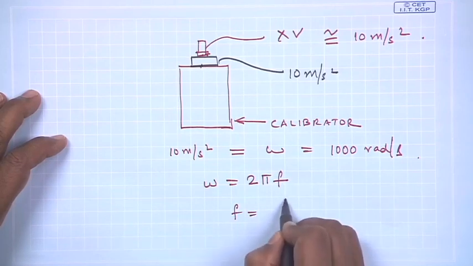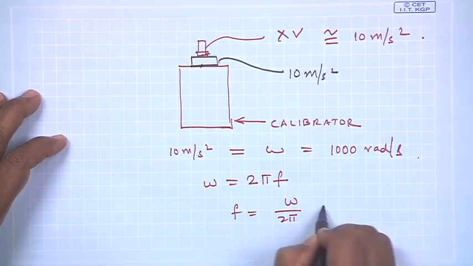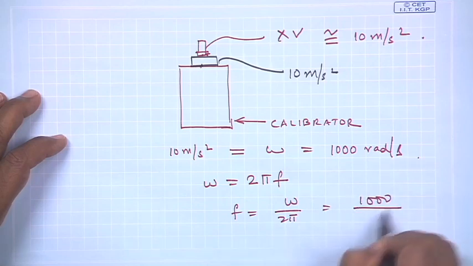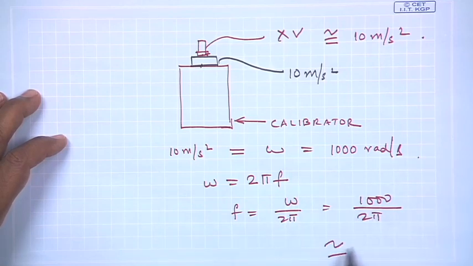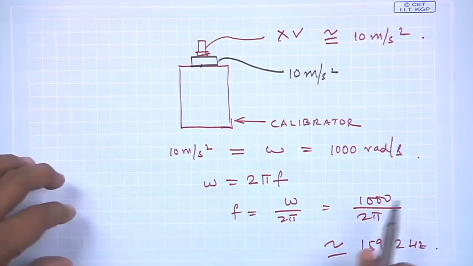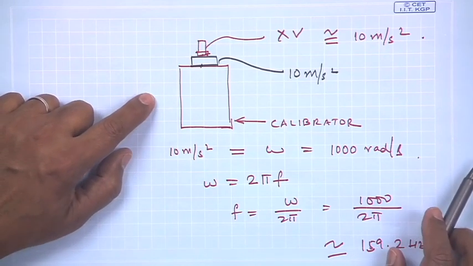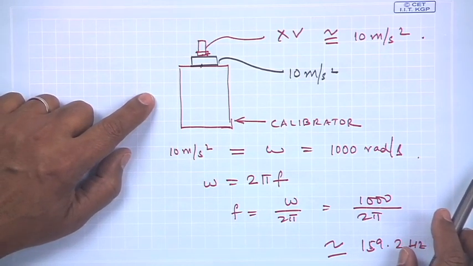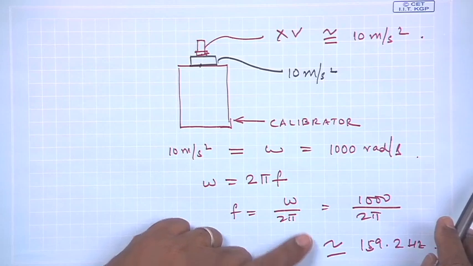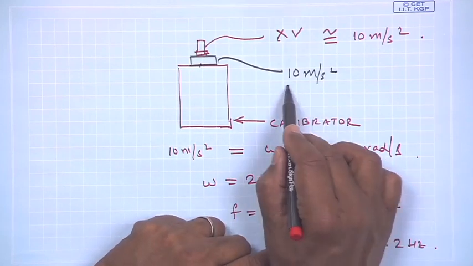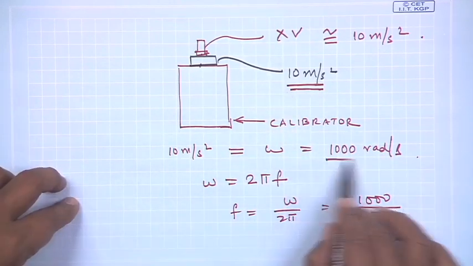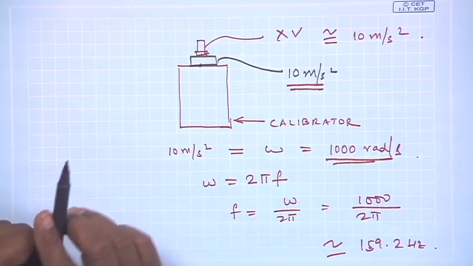So f is omega by 2 pi, and this corresponds to about 159.2 hertz. Such commercial calibrators are used in the field, known as handheld accelerometer calibrators, which give you a known level of 10 meters per second square at a frequency of 1000 radians per second. The question is,